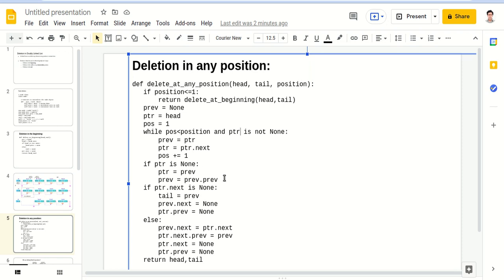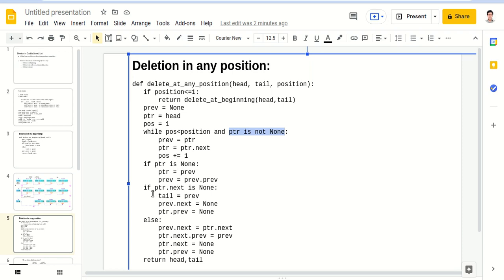This will delete the end of the loop. This will terminate the loop. Now let's assume first that this has terminated the loop. If this has terminated the loop, then it will do nothing. It will move one step back. ptr will become prev and prev will become prev.prev. This is simply what will happen, and one step it will be moved back.